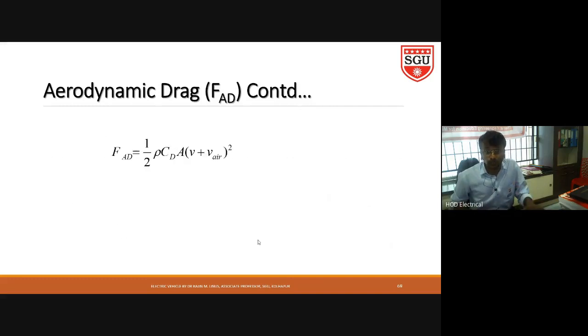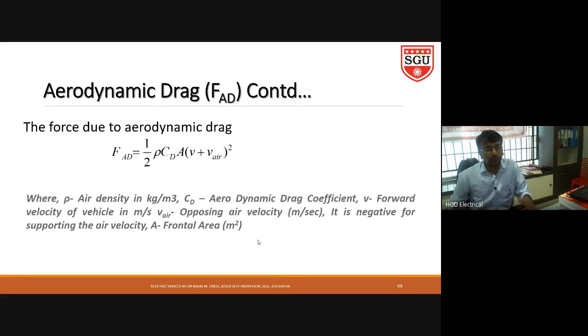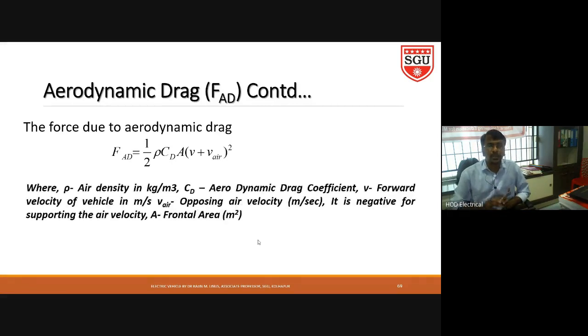These are all the parameters we have to consider when we analyze the aerodynamic dragging function. Aerodynamic force is a function of air density. CD is nothing but the aerodynamic drag coefficient. The aerodynamic drag coefficient is normally a function of the shape of the vehicle. I will show you later how the shape of the vehicle will affect this CD. Now half rho CD, this is the same as the torque function of our wind turbine. So aerodynamic force equals half rho CD area into V square.